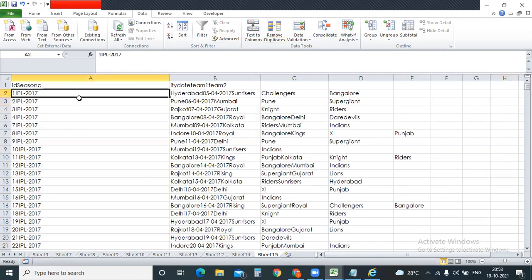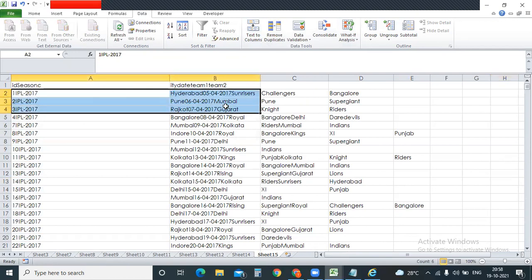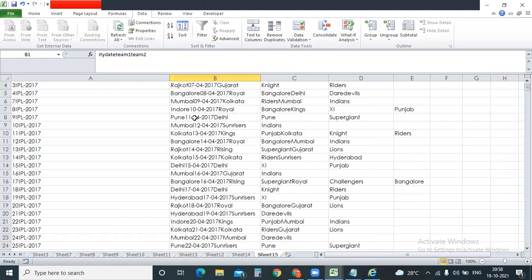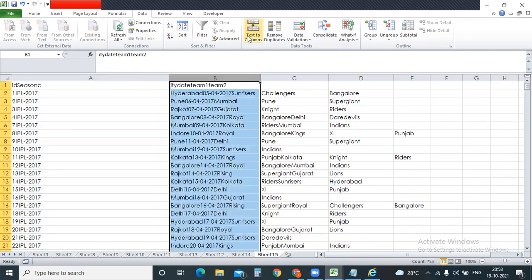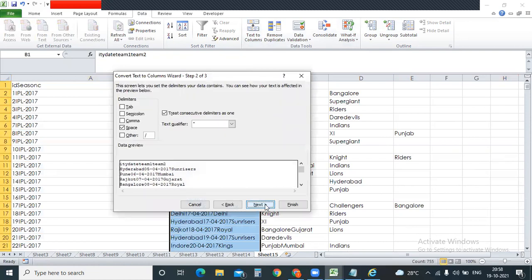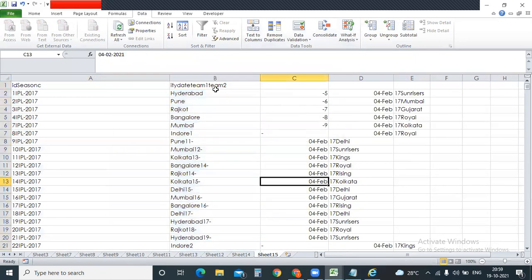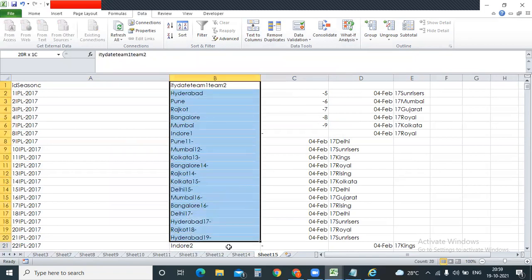So here, when I copy this data, it looks a bit at least like structured data, but we need to do some clustering. Here, multiple things have been merged. By using text to columns, I can bifurcate that in a proper way. First I need to understand what the data is and from where I can bifurcate. There are zeros all over the area, so I will use the zeros. As soon as I click on the zeros, can you see this? Next, finish. Somehow by using trial and error methods, I'm trying to clean the data.